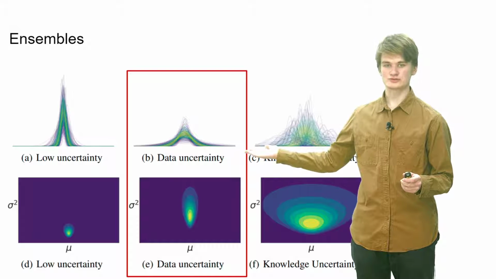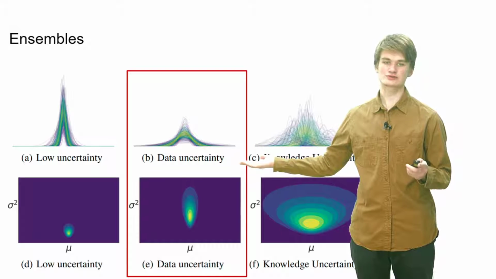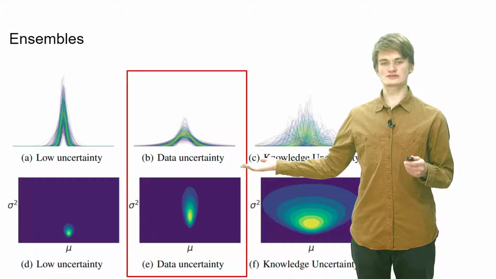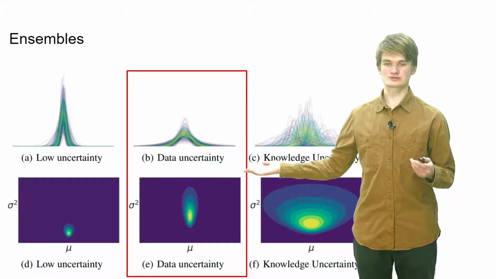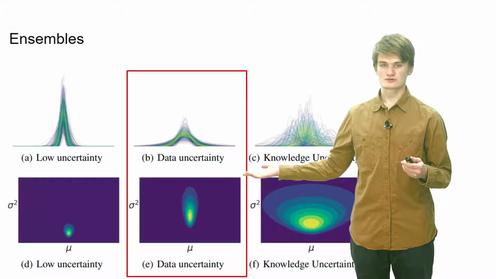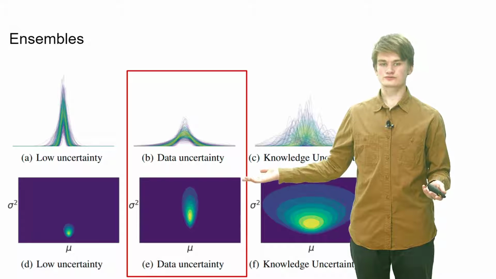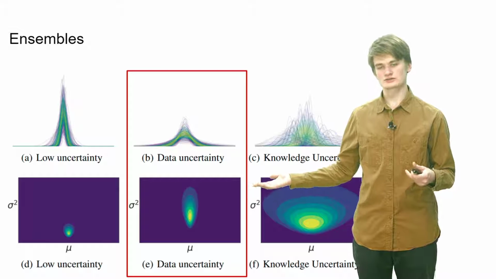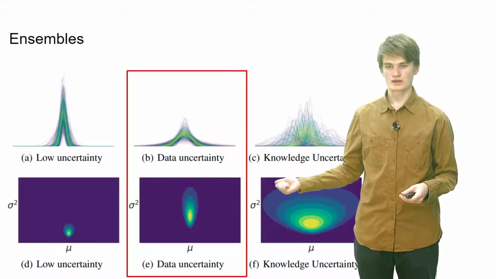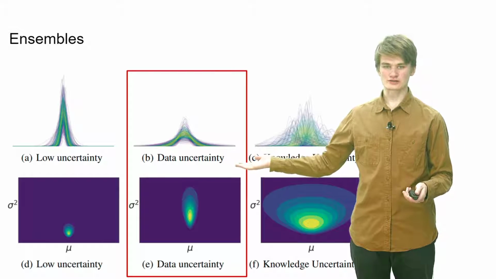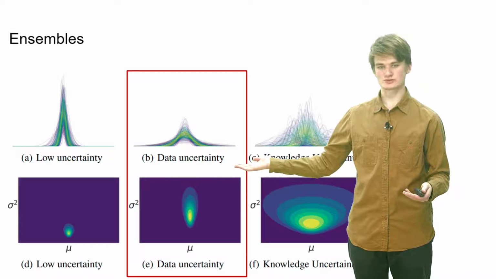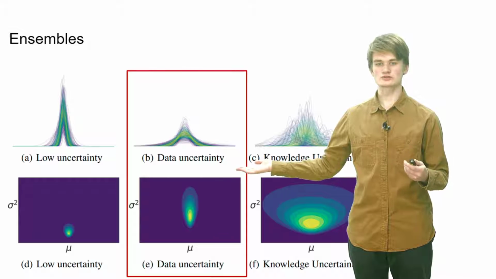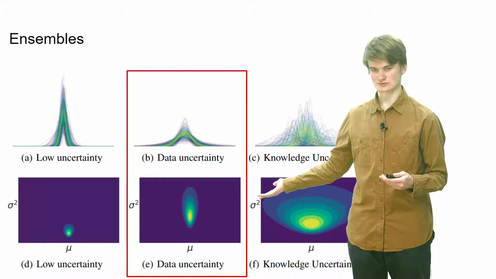In the middle, you can see a case with high data uncertainty. It means that for this case, it is hard to make a decision about a result. Maybe we have a lot of noise. For classification, there could be a class overlap here. Our ensembles agree with each other about mean of the distribution, but their variance is high. So each model is not confident in its predictions.